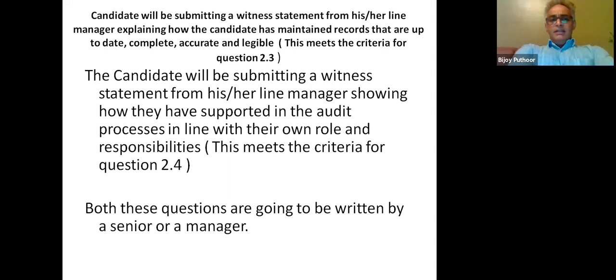The candidate will be writing a witness statement from his or her line manager explaining how the candidate has maintained records that are up to date, complete, accurate, and legible. This is going to be from your supervisor, someone senior to you, and possibly that person will say that you're looking at exact things that have happened. We are looking at instances of things that have happened. So for example,